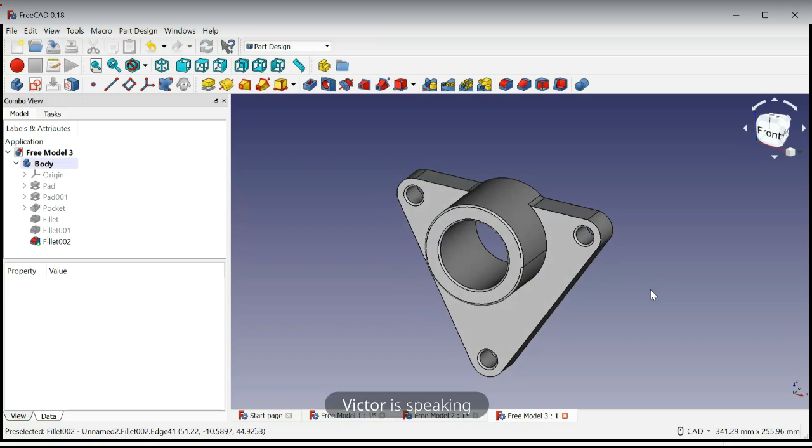So a design challenge of a table and or a chair would be a good way to start